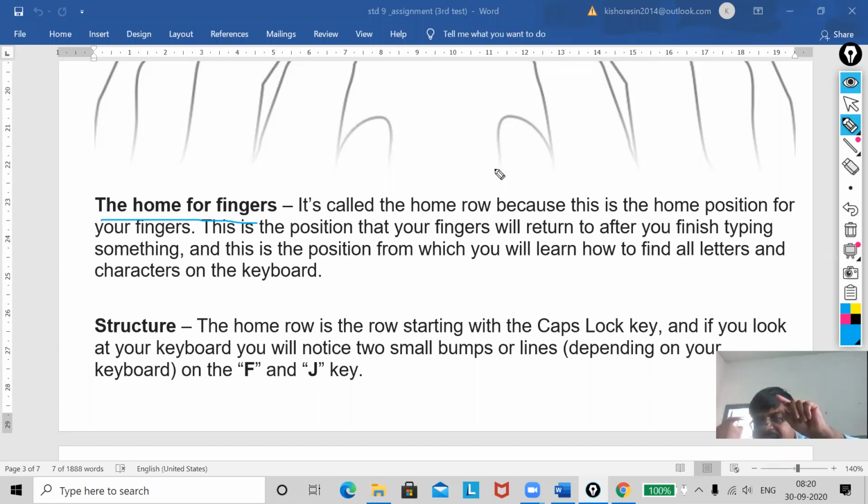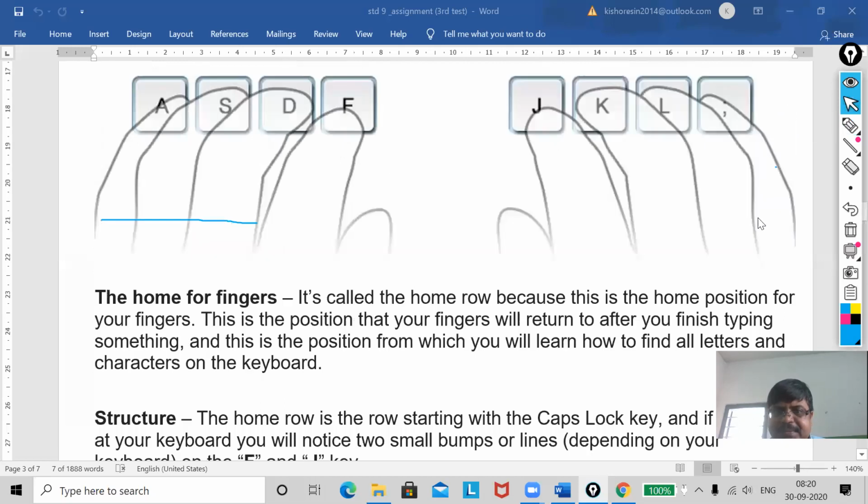So that the finger next to the thumb can go on G, and my right one next to the thumb can go on H. Got it? Now I will show you the figure by which you can understand.